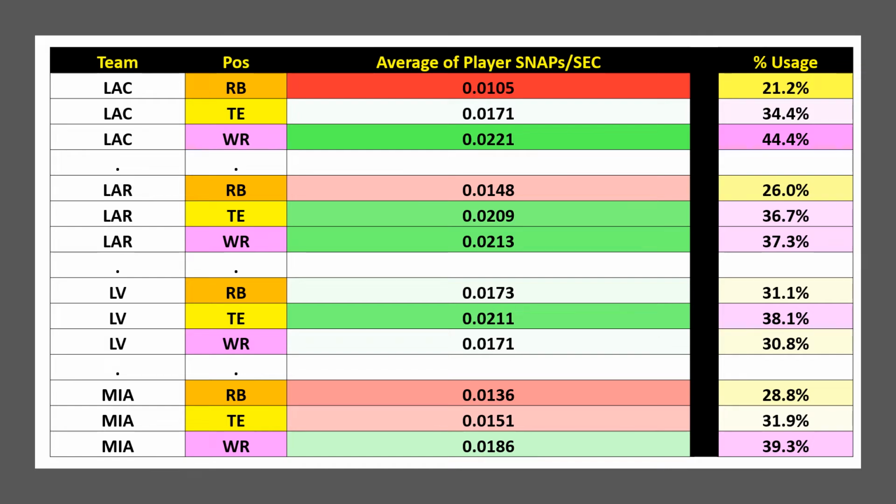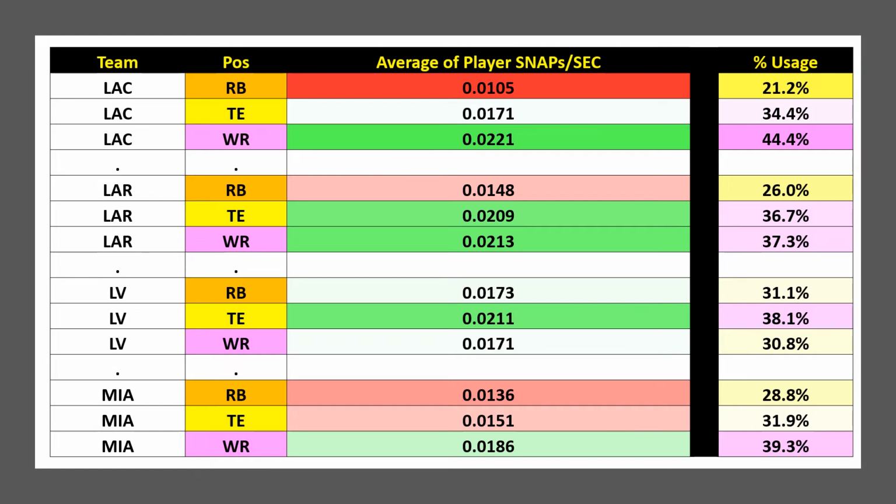Chargers, Rams, Raiders, Dolphins, right? Chargers, let's not use Ekeler, shall we? Okay, 21%. It's not good. Jared Cook's getting his due. It's all about Williams and Allen. There it is. Again, Chargers doing pretty good, but they could do better with their running back,